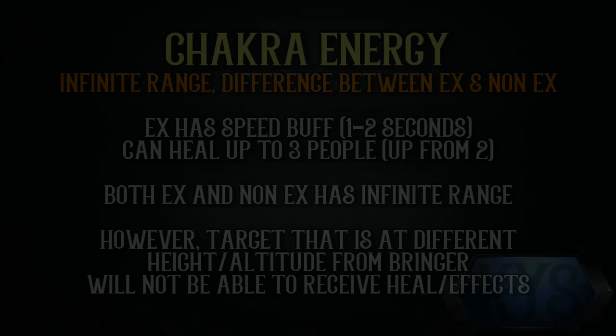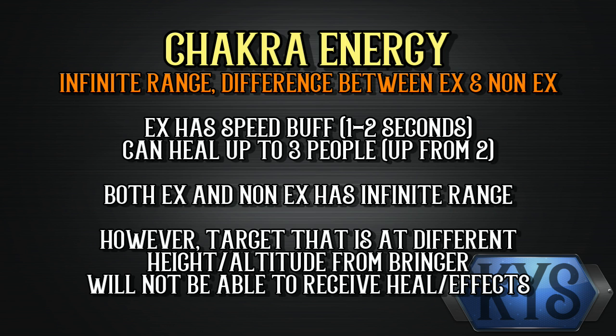Next up, we're going to talk about Chakra Energy. The difference between the EX and the non-EX version of the skill is that for the EX, you can heal up to 3 people instead of 2. EX also gives you a movement speed buff that lasts for a short duration of around 1 to 2 seconds. Aside from that, both the EX and non-EX version has infinite range, which includes the speed buff from the EX